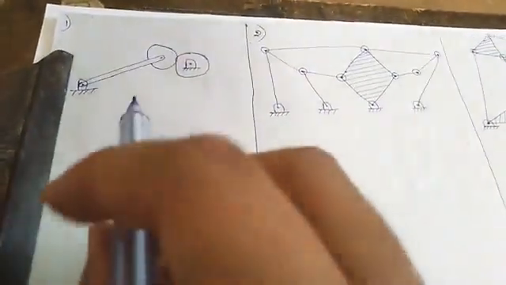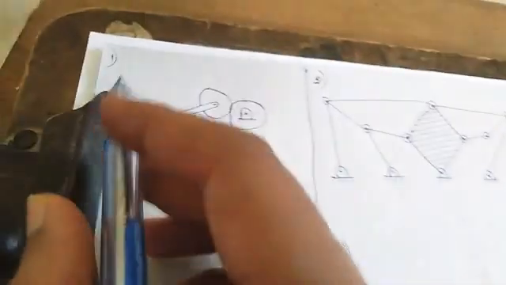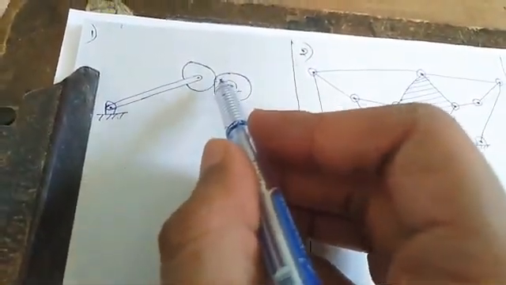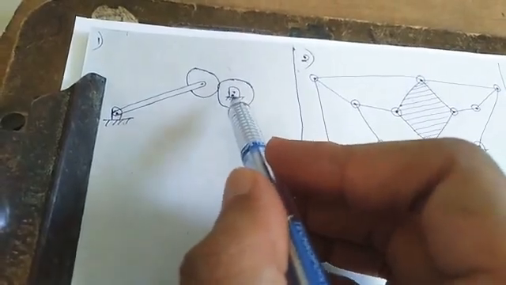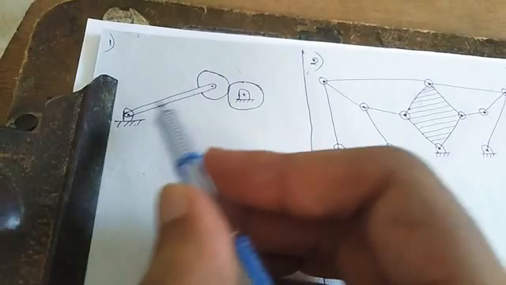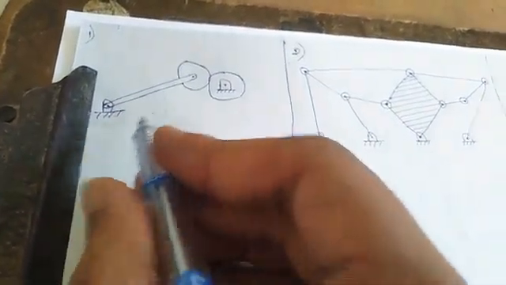We shall discuss the number of degrees of freedom. We shall solve some more problems. So in the first problem we have taken here, there are two rollers rolling. This roller is fixed at this hinge, and this roller is fixed to this link, and this link is fixed at this hinge. Now we shall first count the number of links here.